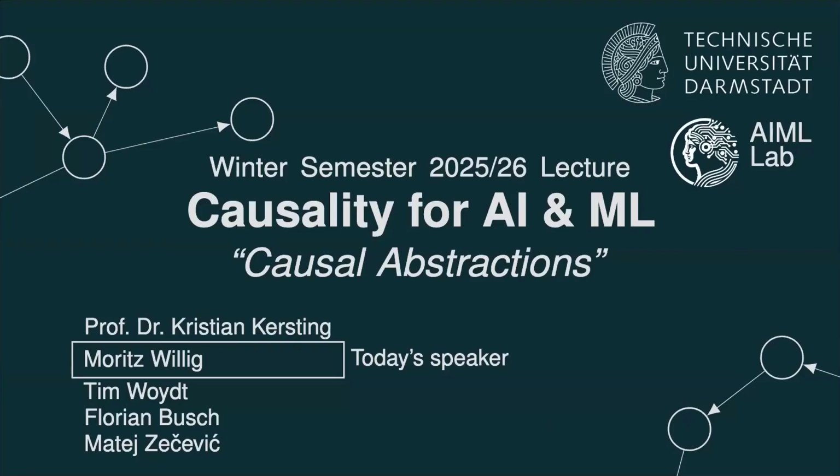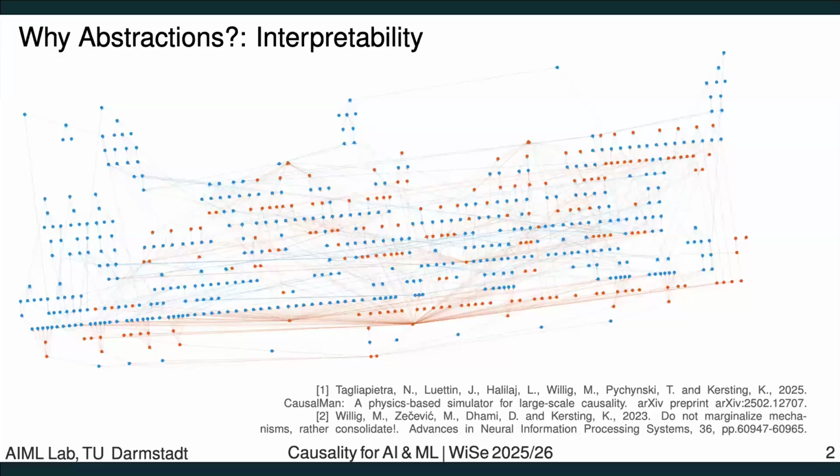Welcome back to the seventh lecture on causality for AI and ML. Today we will be looking at causal abstractions, why we need them, what we use them for, and how we define them. So far we have looked at normal causal graphs, most of the time smaller ones, but if you